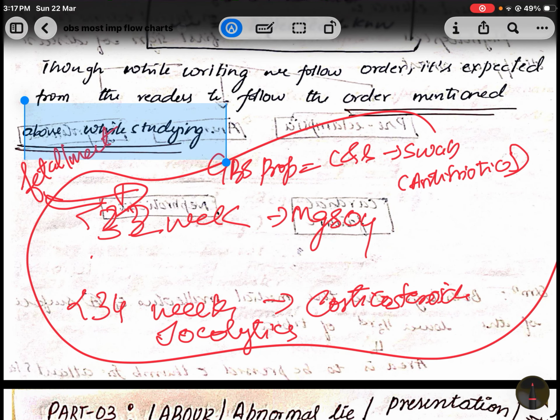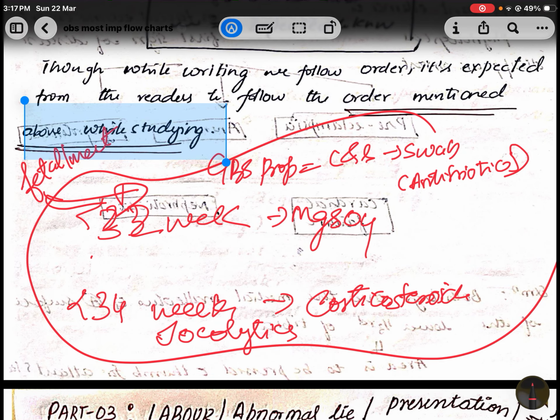If there are little complications, you will deliver at 37 weeks. Okay, that is one basic overview which I want you to remember before starting anything in OBG, especially while writing the management protocol. Anywhere and everywhere, even if you are writing this, you can write. But one thing, especially in preeclampsia, the cure is termination of pregnancy irrespective of gestational age. So if you remember the basic things, then obviously it will be easy for you, so that you don't get stuck,